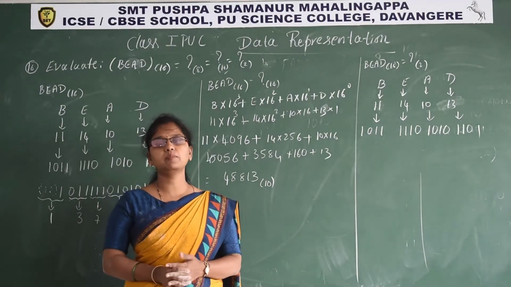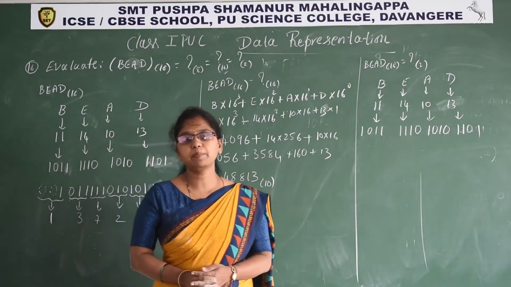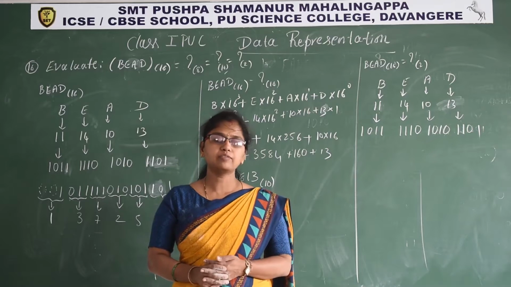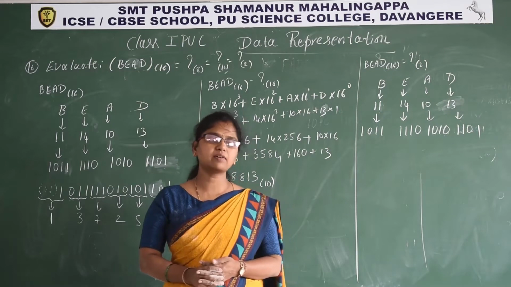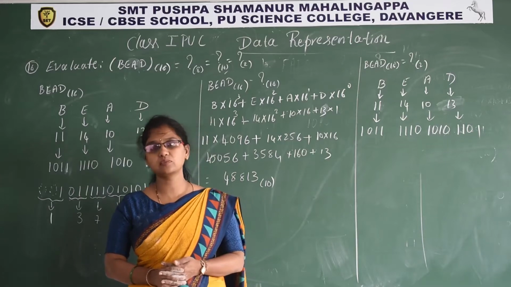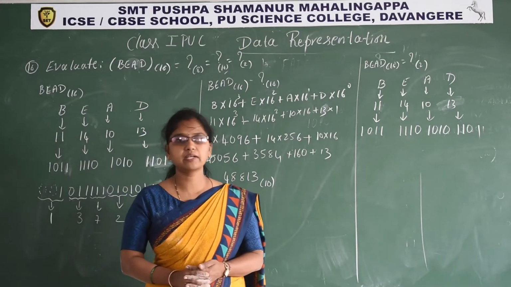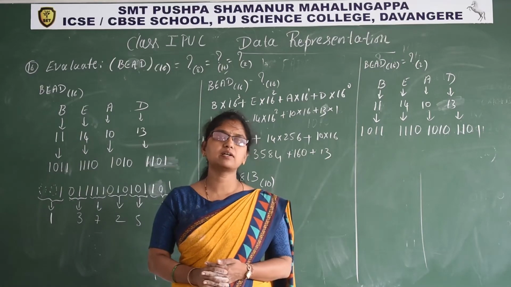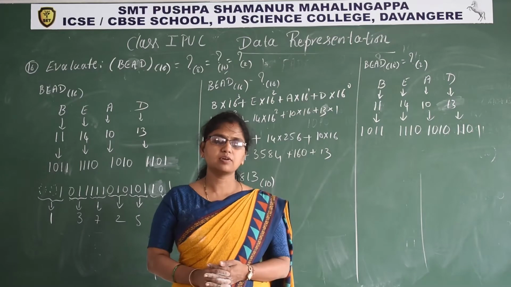How to take the ones complement of a number? Replace all ones by 0 and all zeros by 1. For the twos complement, first take the ones complement, then add 1 to the LSB of that result. Then we get the twos complement. After that, twos complement subtraction and ones complement subtraction. So we all know the method.